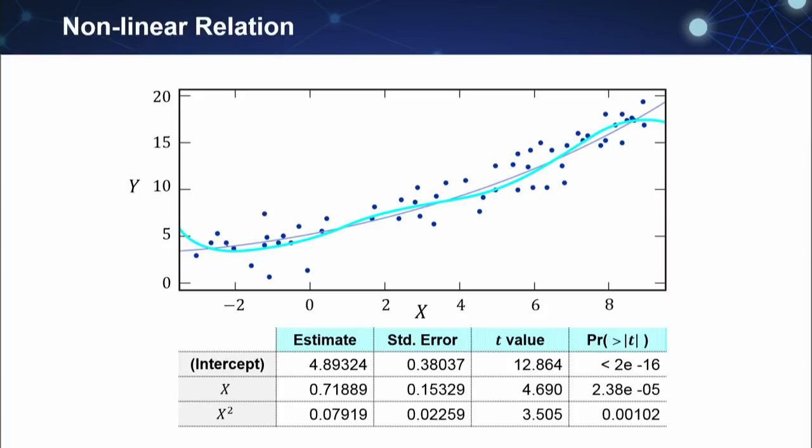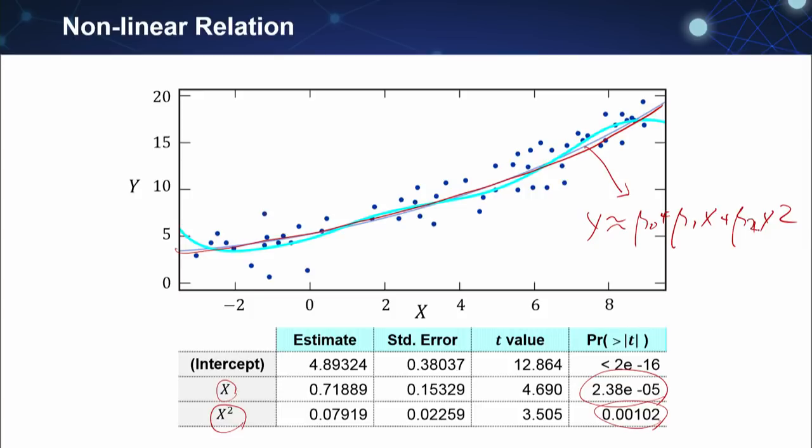Okay, it's not black, but it's this line. This line is the fitted model using the second order term: Y is beta 0 plus beta 1 x plus beta 2 x square. It shows a somewhat non-linear curve. So this data can be well modeled with second order terms, because if you look at x and x square, they have very low p values. That means this beta 2 here is not 0.